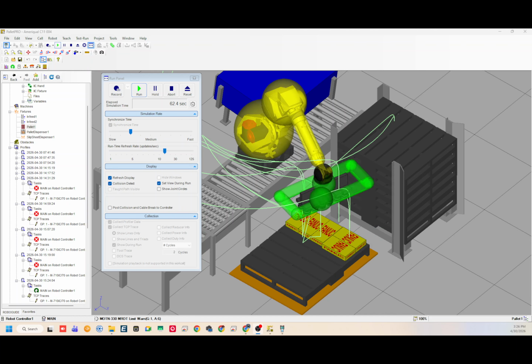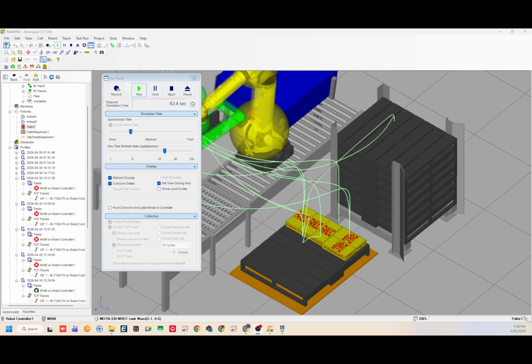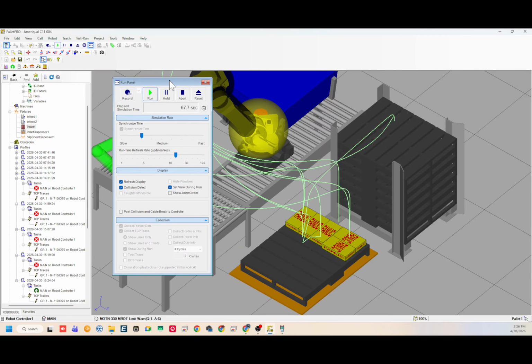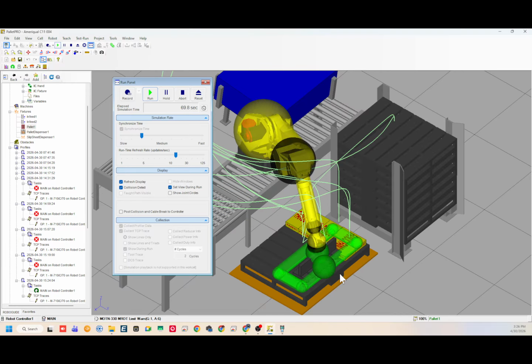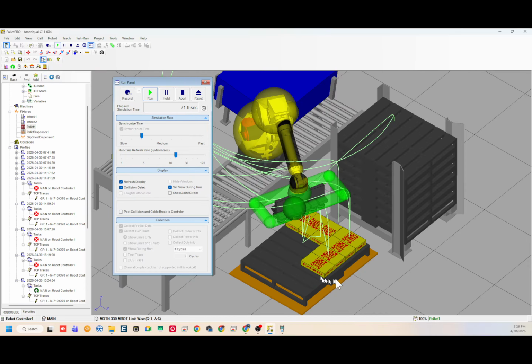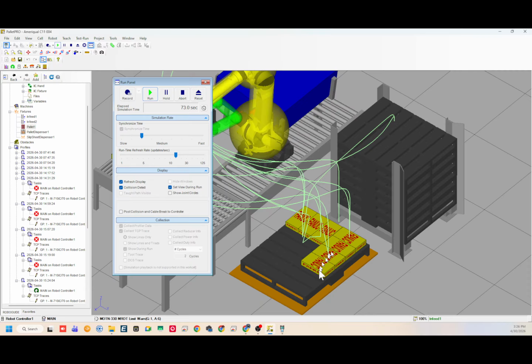Alright, I just wanted to make a quick video on why your boxes may not be appearing here. As you can see, as we're picking the boxes and placing them on the pallet, they appear on the pallet, but they'll disappear for a split second. It's kind of hard to see because right now my pallet is going inside the pallet. I still have to adjust that, but